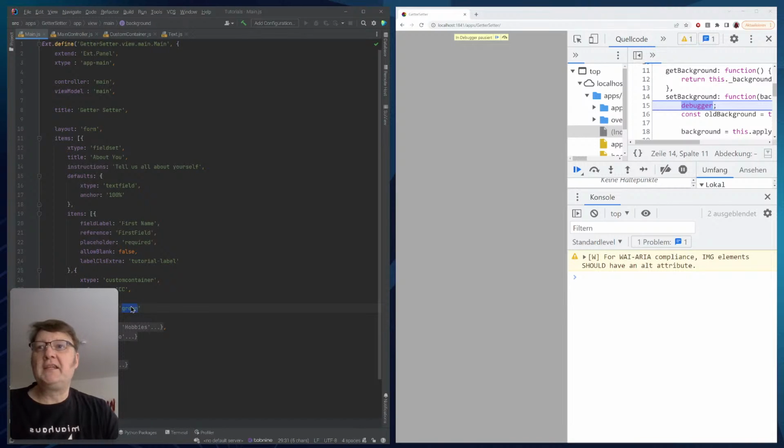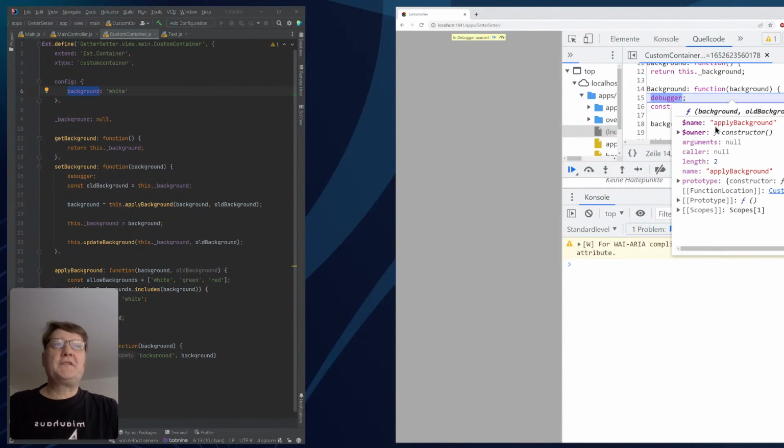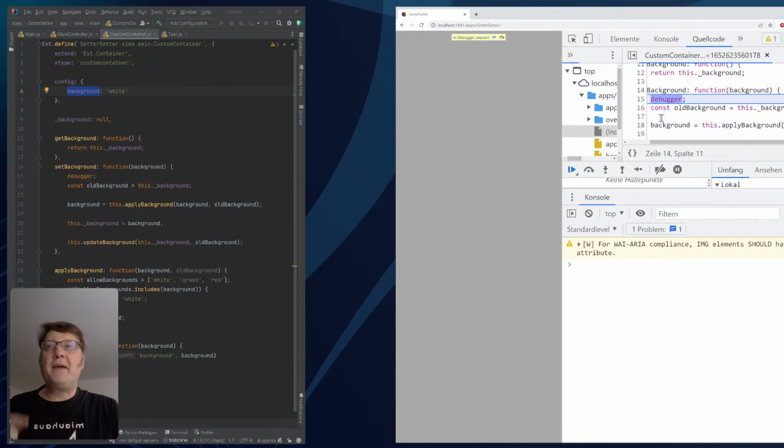This is where the green comes from, and because we set it in the config background, it will call the set background right away. So the first thing that the automatically generated set background will do is grab the old background. The old background was not set, so it says, okay, the old background, which was in here, is now